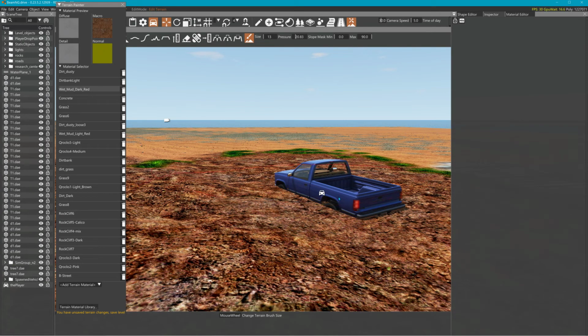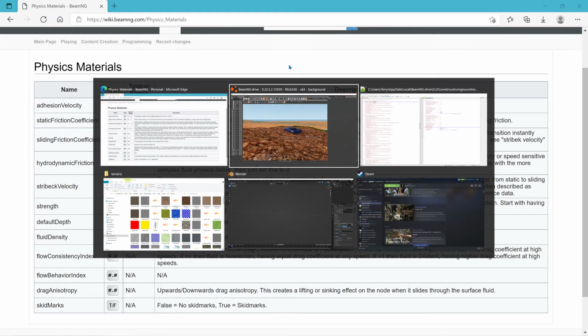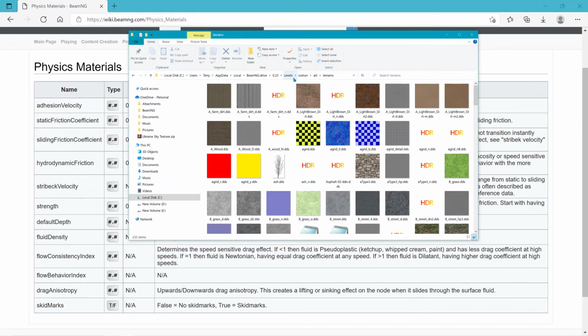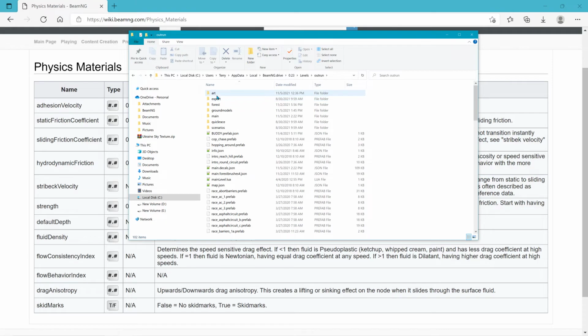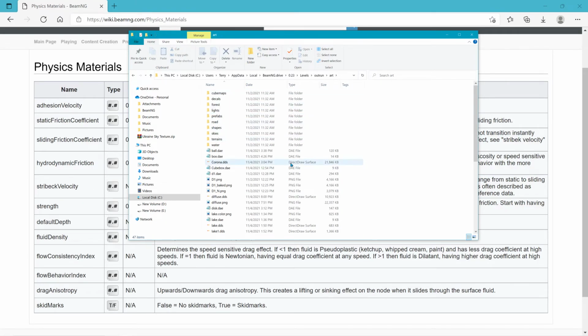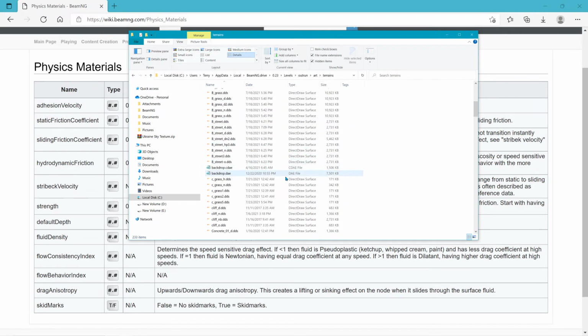That'll have different depth to it. Well, the way you would do that is, first of all, go into your level. This is my level here. Go into the art folder. Go to terrains, and inside of terrains you'll see all your textures, but you'll also see